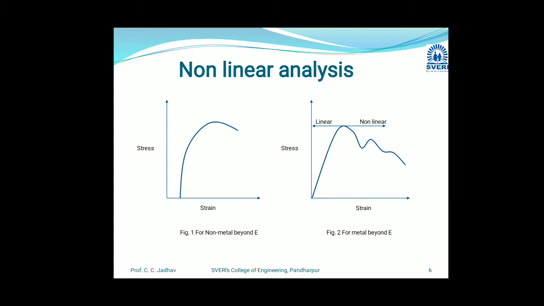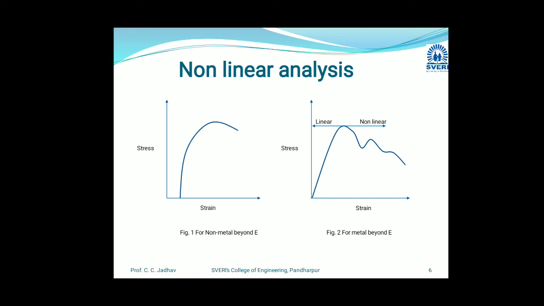In that non-metal, they just follow a straight line, after that a small curve. They are not showing the exact break point, and they follow another straight line of nature. So in that metal non-linearity application, they are just finding out the exact value of the stress strain after crossing the yield point. For the low cycle fatigue, they are using this type of curve.